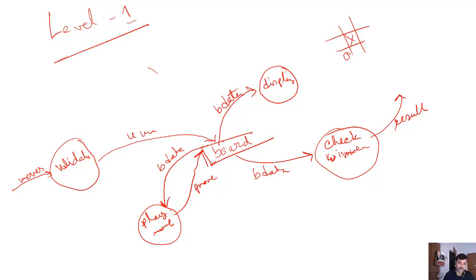Then the move information will automatically go to the other user. Okay, so this was the level 1 diagram, and we divided the process 0 as 0.1, 0.2,